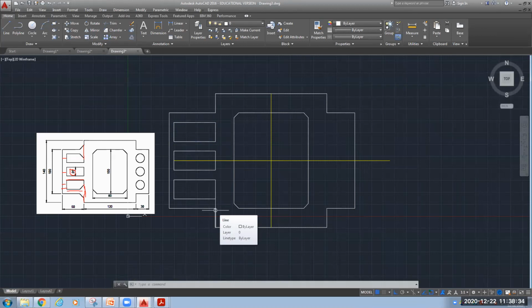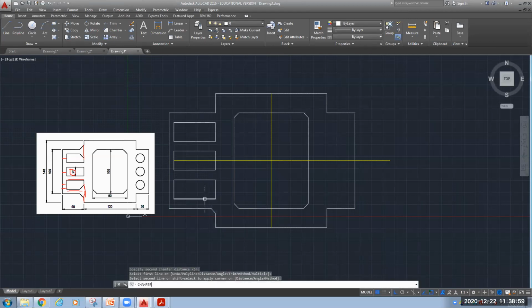Now we need to do the chamfer. I will go to the chamfer command, click on this, specify the distance. By default it is 5, the previous value. If you want to keep it 5, that is fine. Press enter. Second distance also 5, that is fine. Now select the lines. Here we want to do the chamfer.